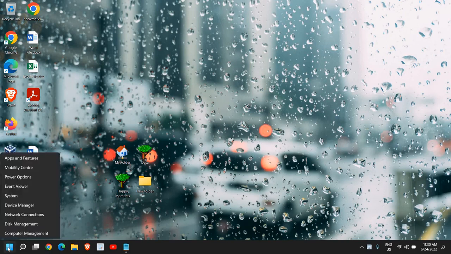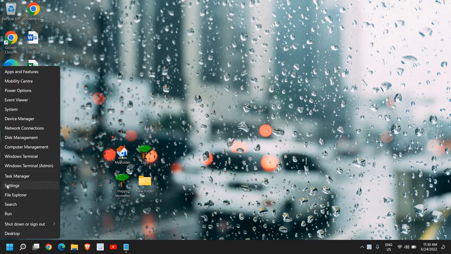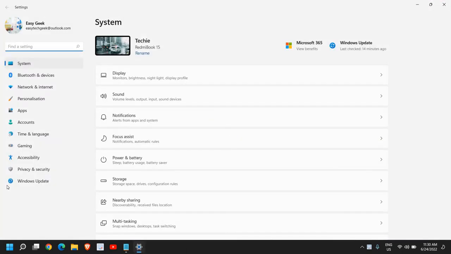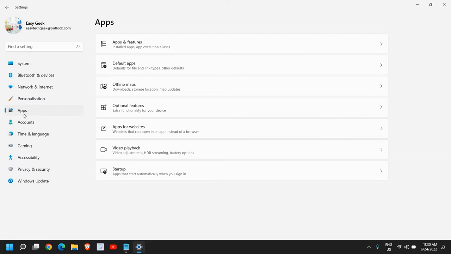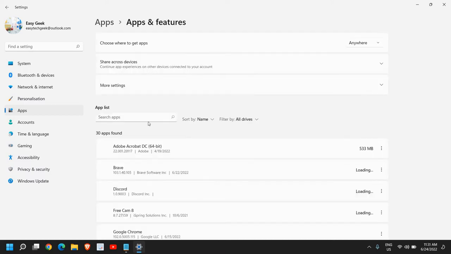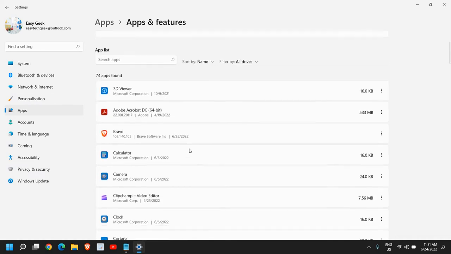Right click on the start icon and then go to settings. Now this troubleshooting will work on Windows 11, Windows 10, Windows 8, 8.1, all versions of Windows. So once you're here in the settings, we need to go to this apps section, and at the right hand side you will find apps and features. So I'll click on that, and here we need to scroll down